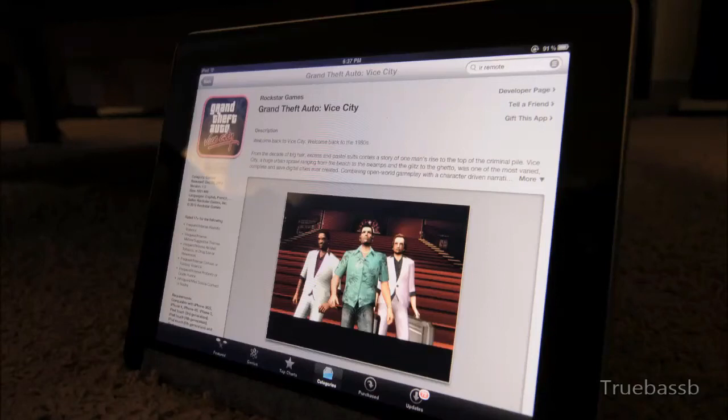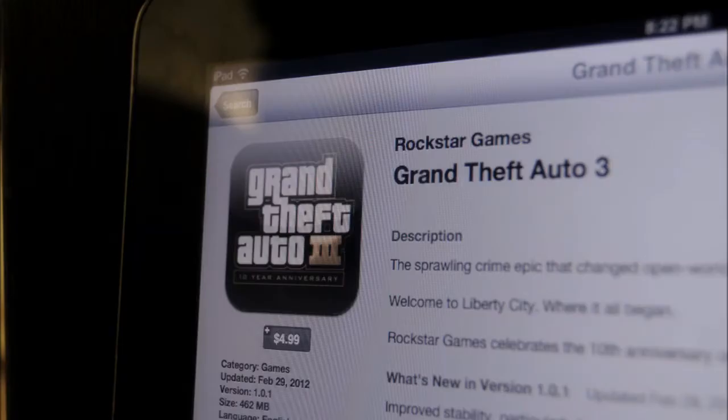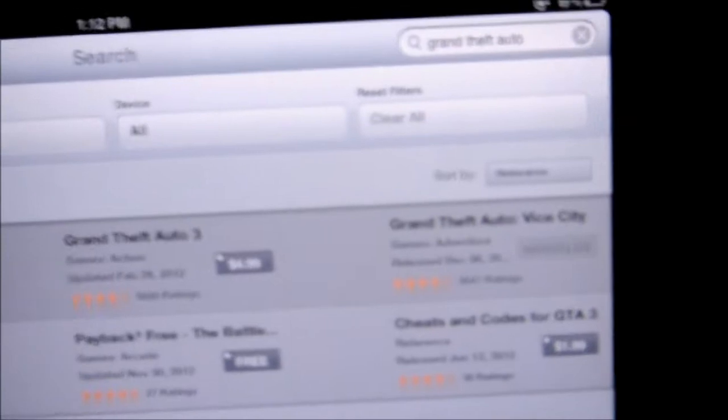Welcome to the review of the GTA Vice City for iOS that has been recently released as a 10th anniversary celebration for its original release back in 2002. I'm going to also review the preview style for the iOS and the first of the RenderWare engine, Grand Theft Auto